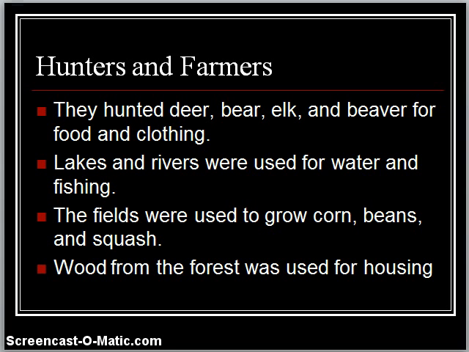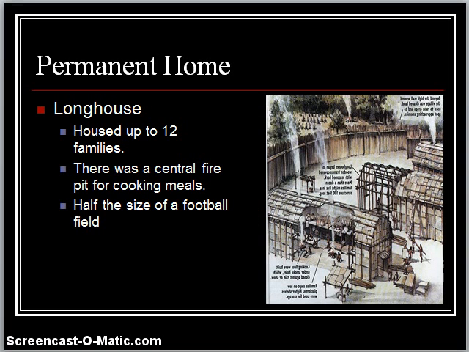Now, many people today believe that all Indians or all Native Americans lived in what we call teepees or tents, and they took these teepees or tents with them. But this wasn't true. They had to use the wood from the forest to make their housing. And whenever they made this housing, it was permanent housing. They built long houses. Now, the long house wasn't like what we live in today. The long house had 12 different families living inside the long house.